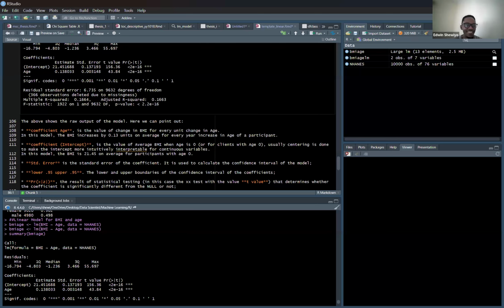The standard error is just used to obtain the confidence intervals. And then you have the 95% confidence interval. There's just a simple function to get it. And